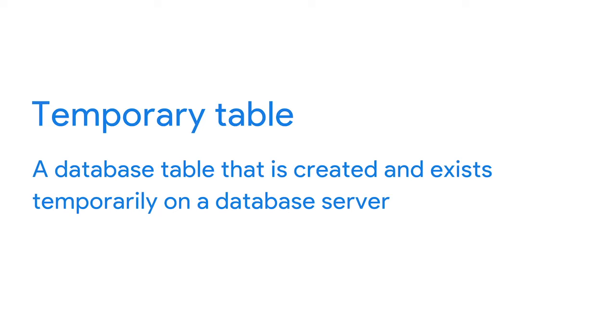A temporary table is a database table that is created and exists temporarily on a database server. Temp tables, as we call them, store subsets of data from standard data tables for a certain period of time. Then, they're automatically deleted when you end your SQL database session. Since temp tables aren't stored permanently, they're useful when you only need a table for a short time to complete